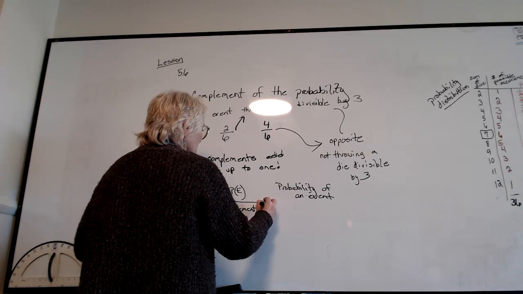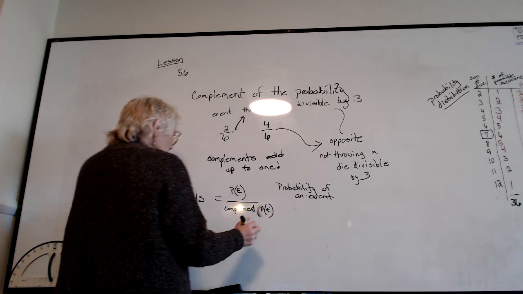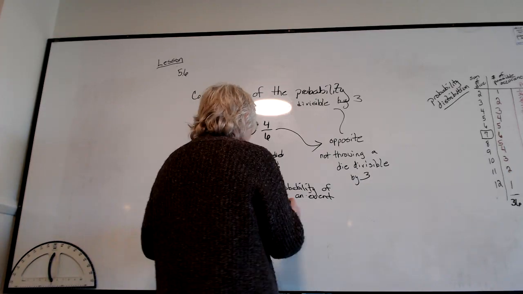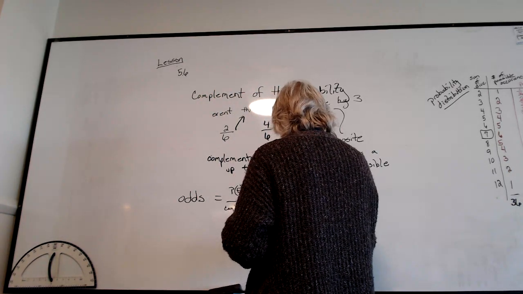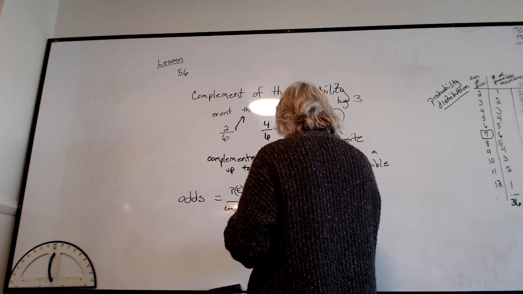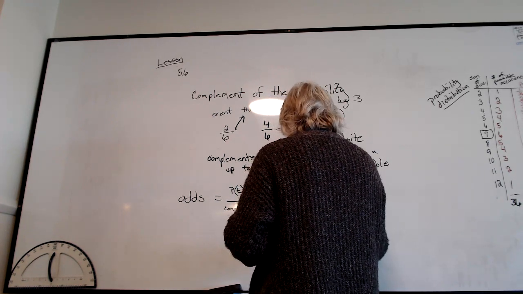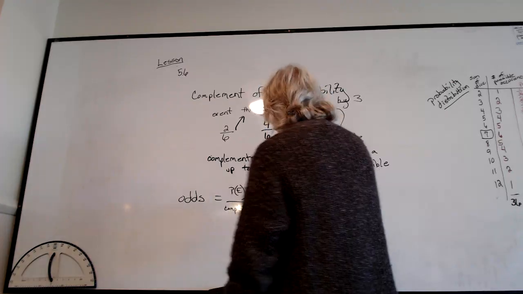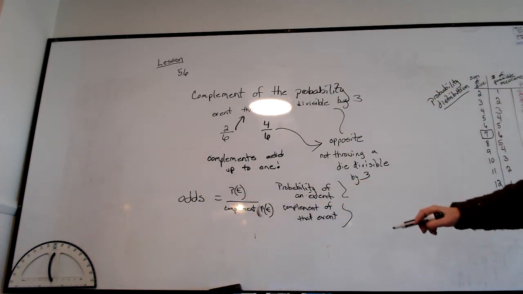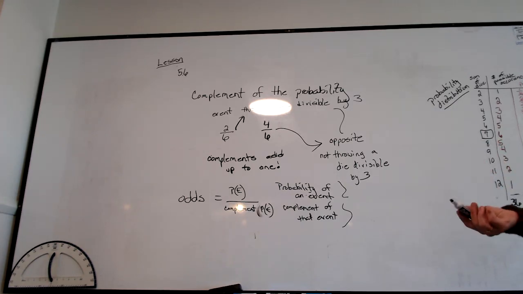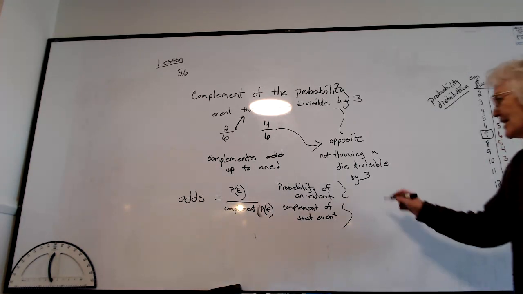So this is the complement of that event. This is kind of like a ratio because the odds, if we talk about boys to girls, there are